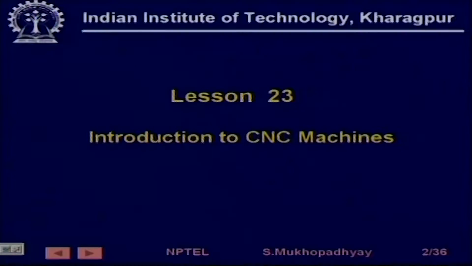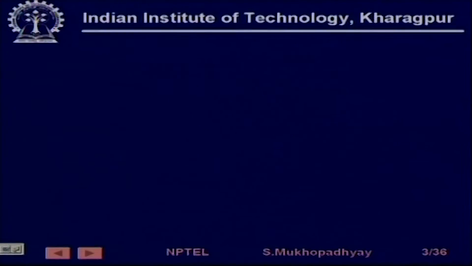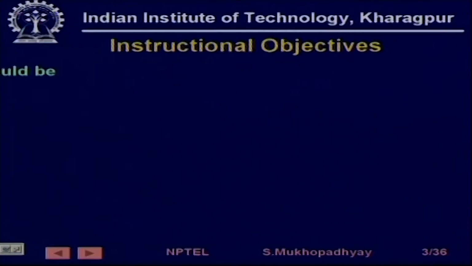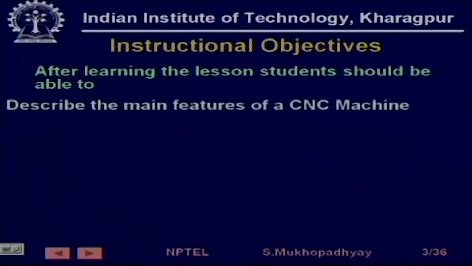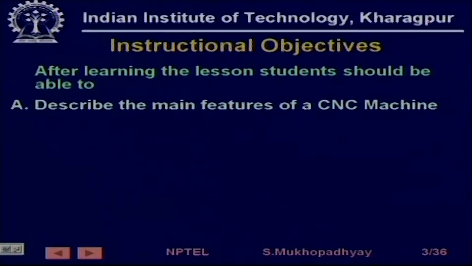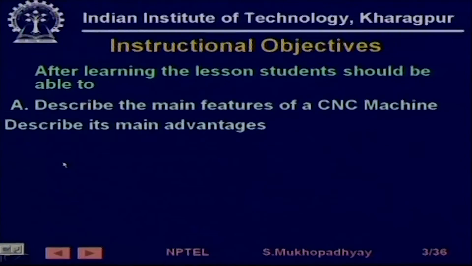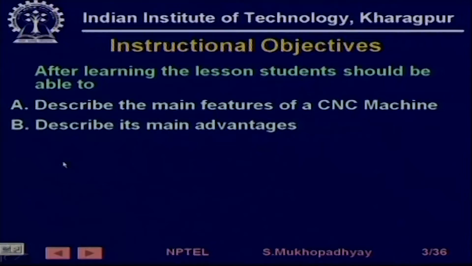So, as usual, let us look at the instructional objectives of this lesson. After learning the lesson, the student should be able to describe the main features of a CNC machine, what makes it, describe its main advantages, why we should spend money to buy these machines, they are very expensive,